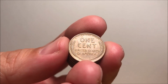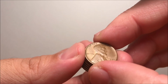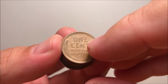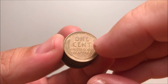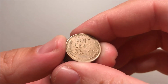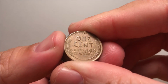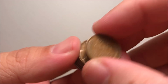This one right here is a double die reverse. It's a minor one. It's a 44. Usually the double die reverse on these, there's a slight doubling on the E Pluribus, the motto, and the little dots that are in between, they'll look elongated. So that's a good giveaway on identifying a double die. Otherwise it would be just